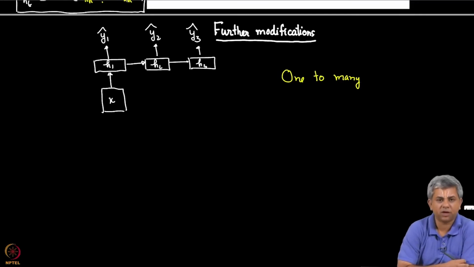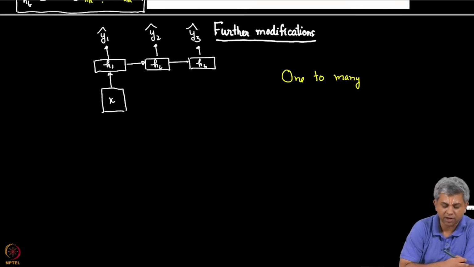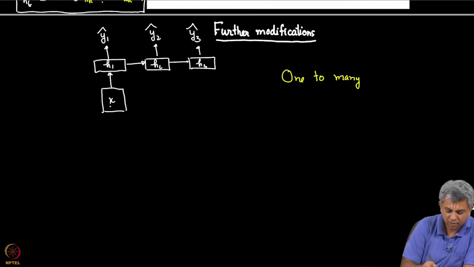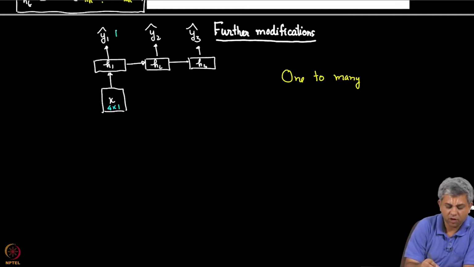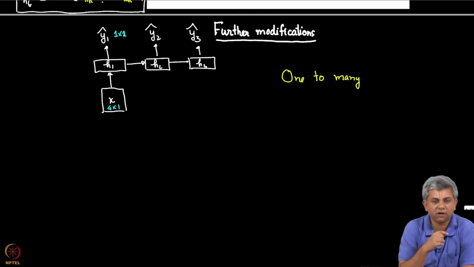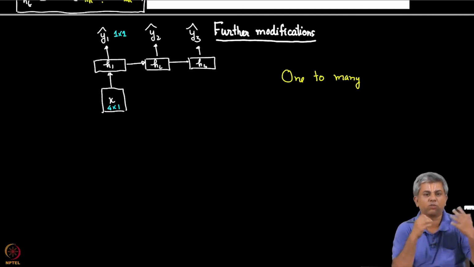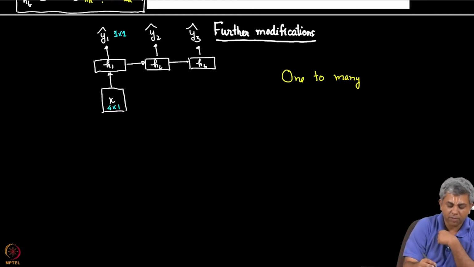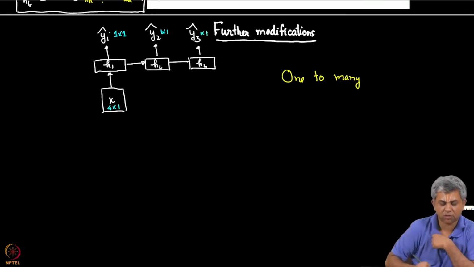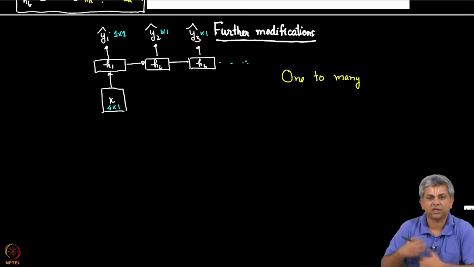Let me put some numbers just for you to get a little bit of clarity. So, let us say x is 4 cross 1. We already know that y1 is 1 cross 1, I am only predicting the temperature, x took more things. Okay. If you find pressure strange, you can look at wind speed or something of that sort. So, let us say we have some 4 features that we are taking in as input and we are predicting tomorrow's temperature, day after tomorrow's temperature, so on and so forth. Okay. How many? As many as we want.